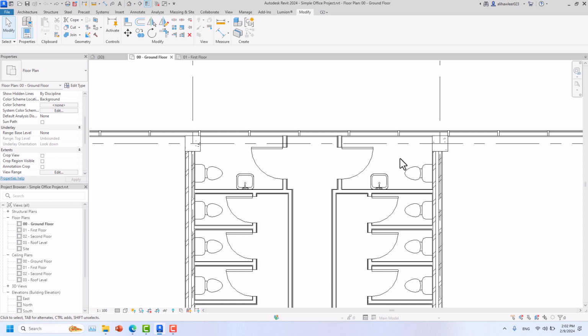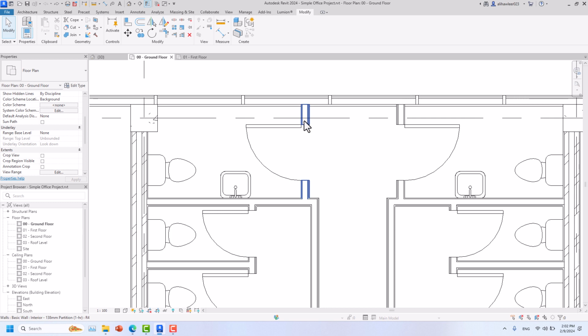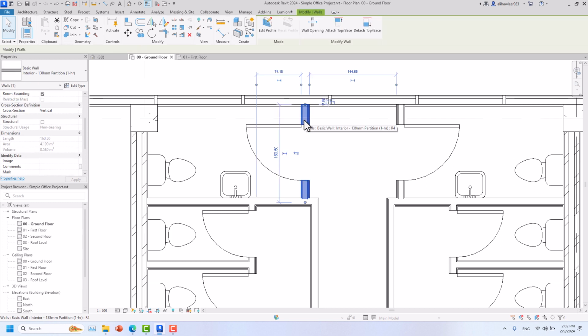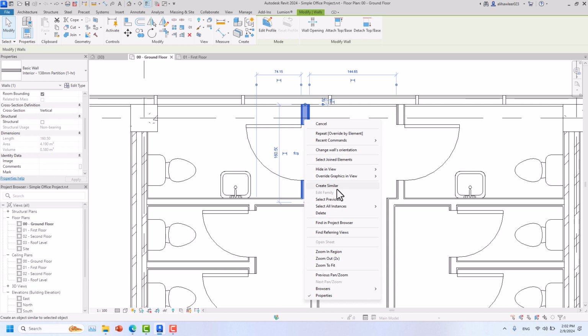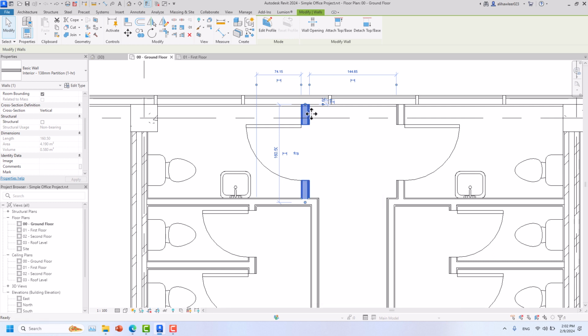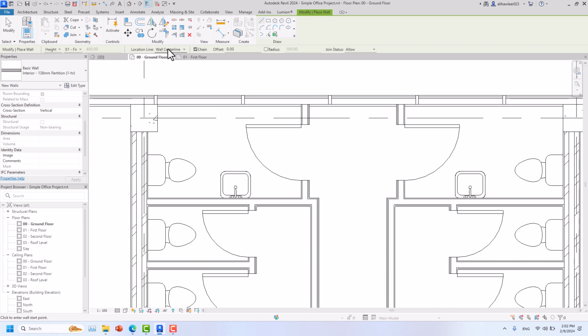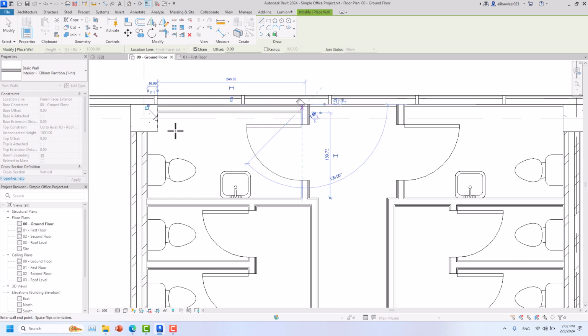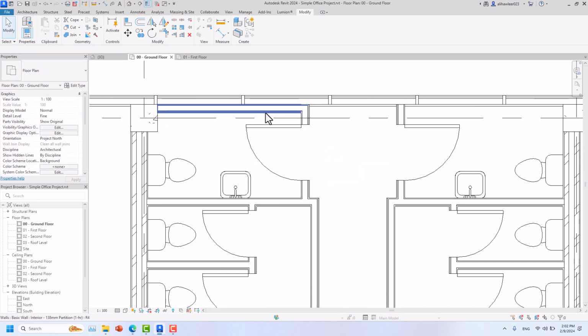First things first, I'm going to select this, and I can go create similar, or I'll go with the CS, and I will change the location line to the finish face exterior. Okay, and let me go to the properties. In the properties I want the base constraint from ground floor to the roof level. Now I'm clicking on this and escaping it, and you can see that this